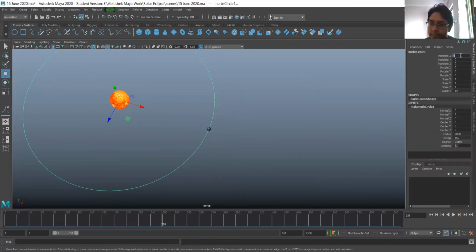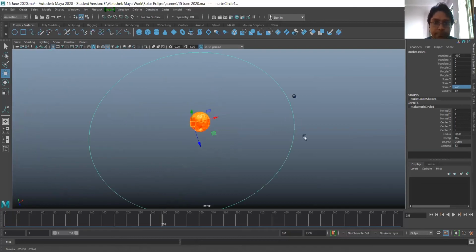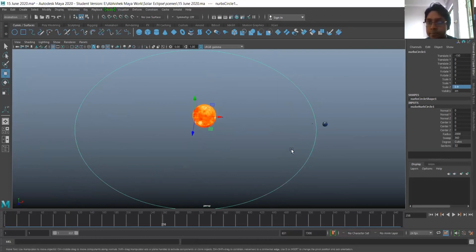In translate X, you can give the value -150. And because this is not exactly circular in shape, for scale Z I can give 0.9 to make it a little bit oval and elliptical in shape. This is how it will look. And you can name it Earth's orbit.